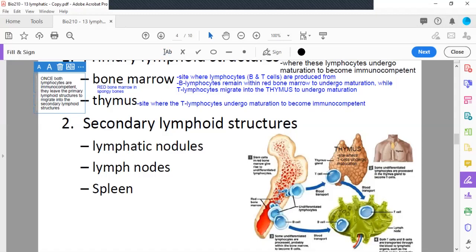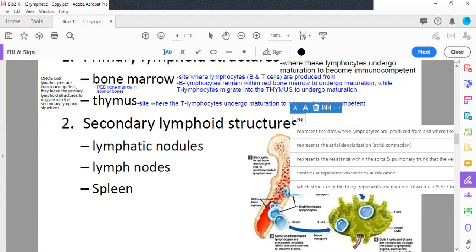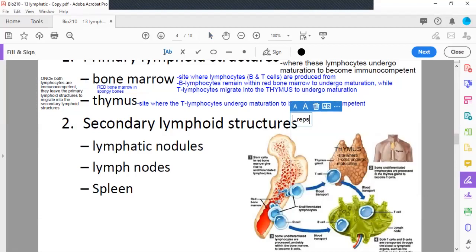So you can see in the image on the right side that the T cells leave the thymus to go into what's known as the lymph node, and the B cells leave the bone marrow to go into the lymph node. Okay. So secondary lymphoid structures represent the sites where